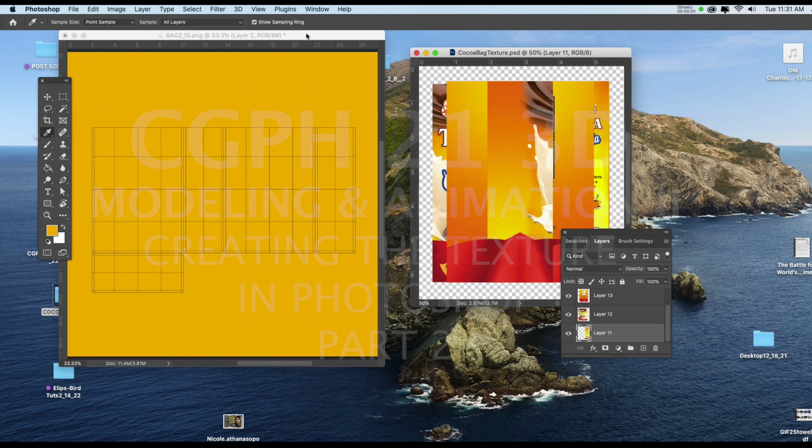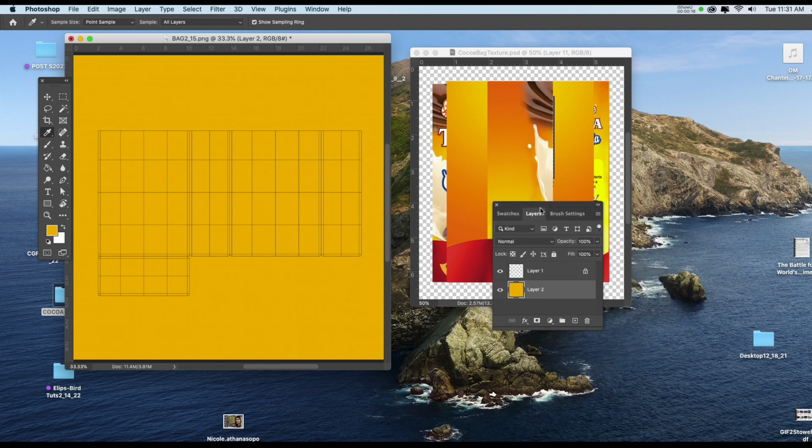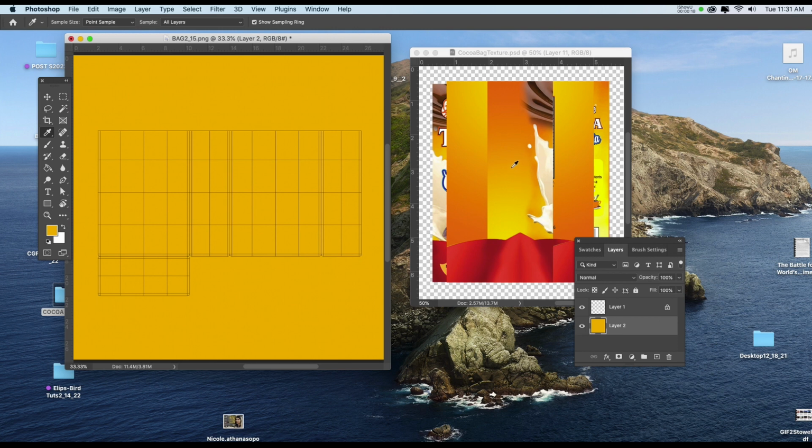On the left is the UV map that was generated inside of Maya, and on the right are the textures that will create the bag covering for our model. Now I've introduced a new layer down at the bottom of the layer window, and I've used my eyedropper, I on the keyboard in Photoshop, and I've selected an orange from the existing texture, and I filled it with that